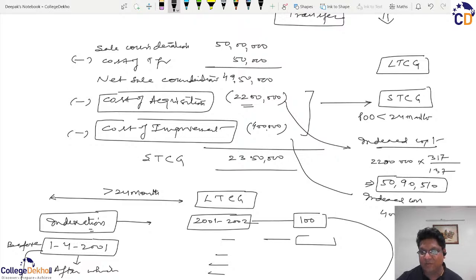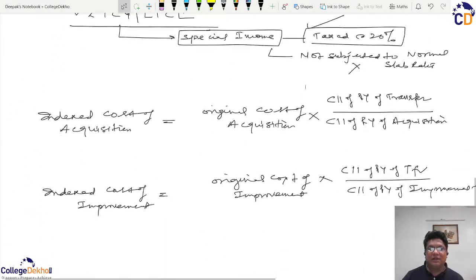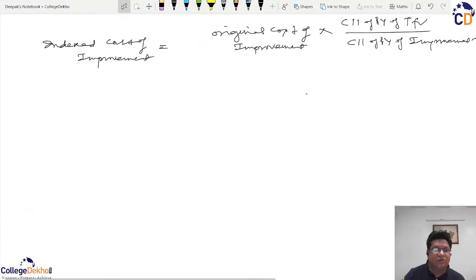So the figure is coming out to be 7,59,281. So if it was a short term gain, then that could have been the case, but that is not the case here. Now if we calculate the long term capital gains,